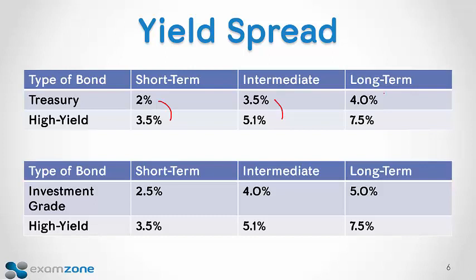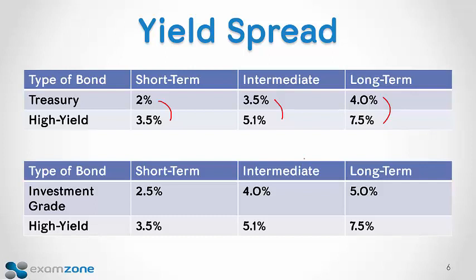Here, 1.6, and here's a pretty big risk premium. I can get 3.5 percentage points higher if I buy junk bonds as opposed to treasury bonds. When that yield spread widens, that's considered a bad sign for the economy. People are nervous. When it's narrow, that means that consumers or investors are more confident. They're not worried about getting their money back. They don't demand a much higher risk premium.